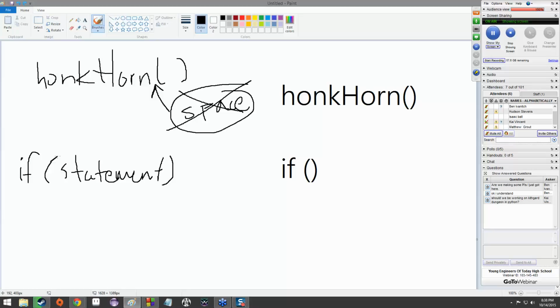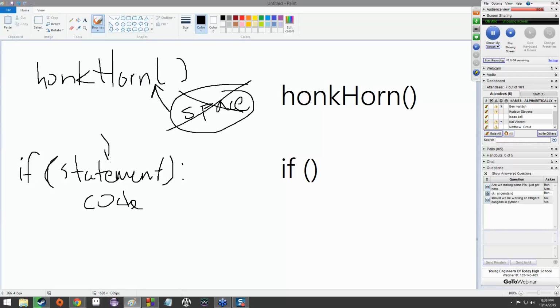Most of the time, you'll not be writing the word statement literally in between the parentheses. You'll be writing something like maybe a math equation or whatever. Point being, you'll have your colon, and then you'll have code down here. Remember, indented code means it's a part of this if statement.